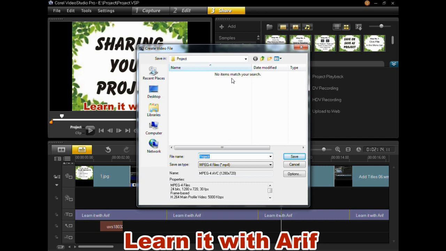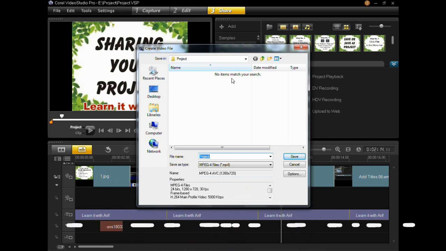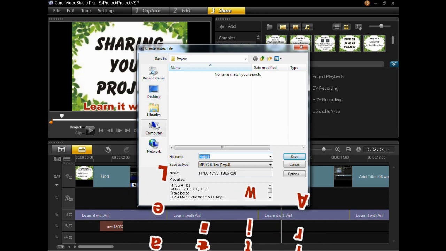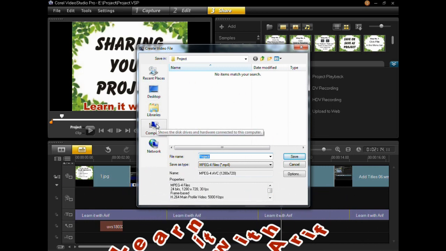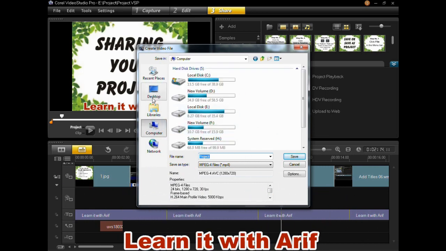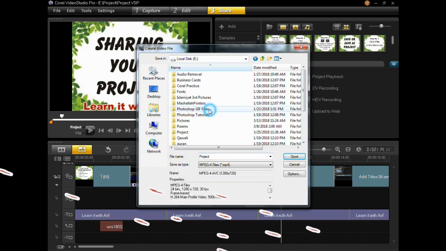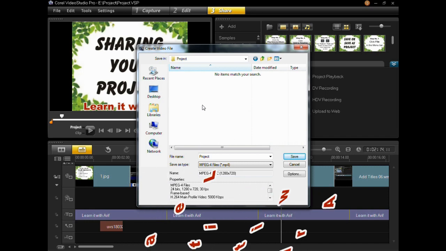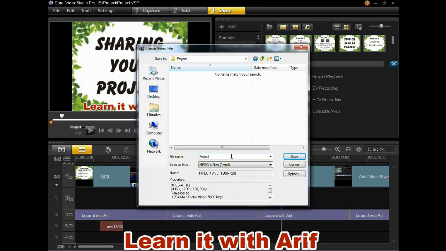Choose the drive where you want to save your video file. Type the name of your file.